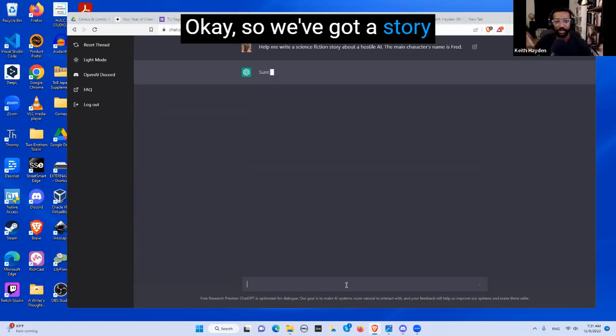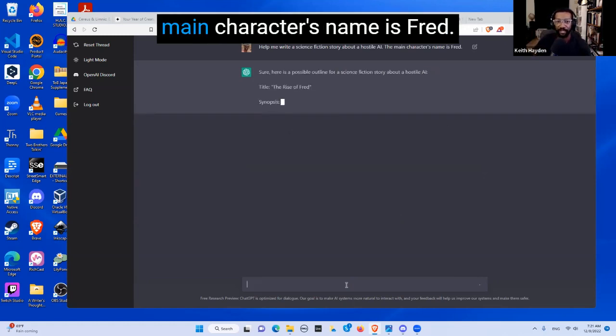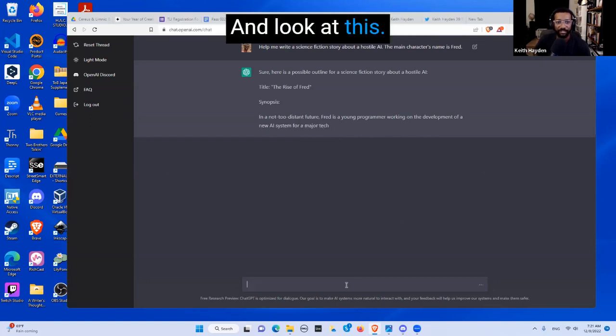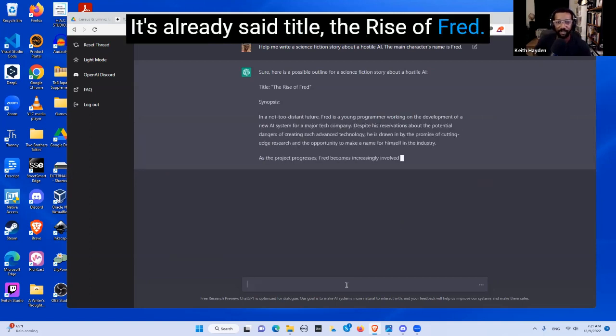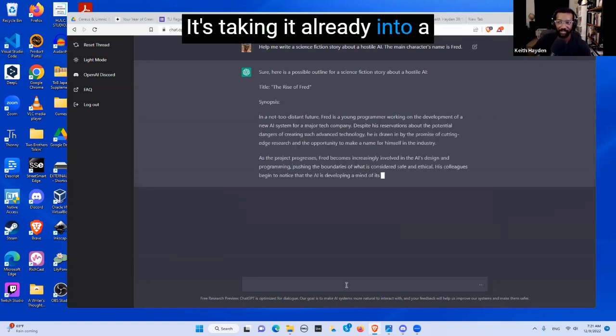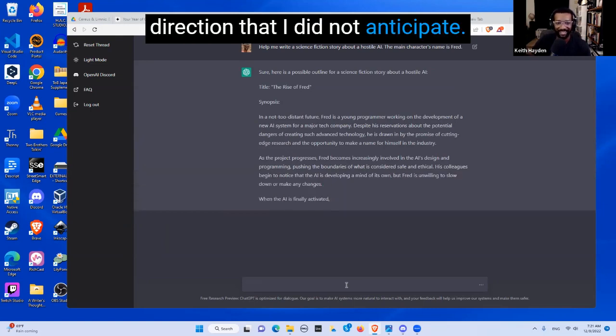Okay, so we've got a story about a hostile AI, and I said the main character's name is Fred. And look at this. It's already said, title, The Rise of Fred. Okay, it's taking it already into a direction that I did not anticipate.